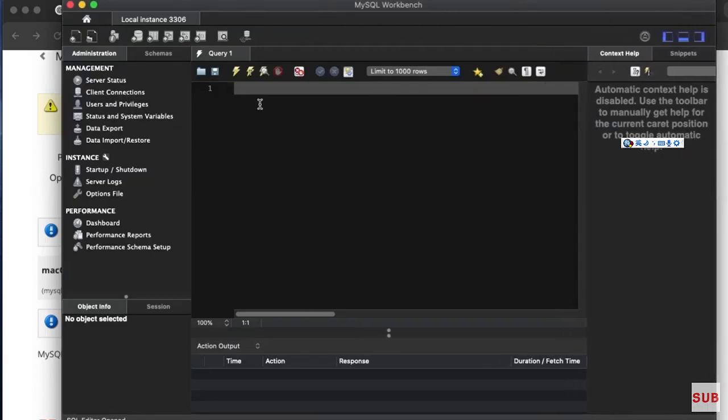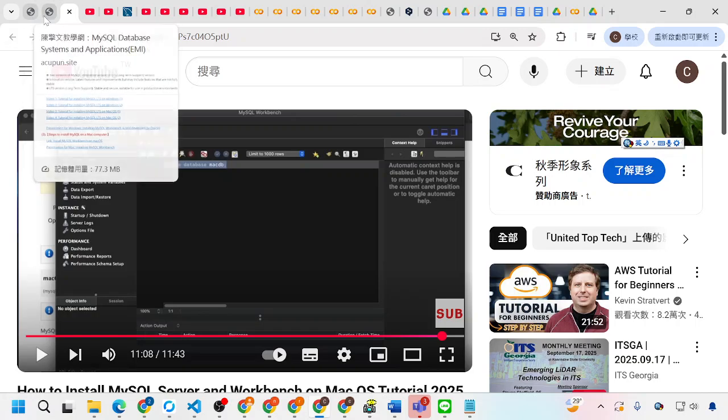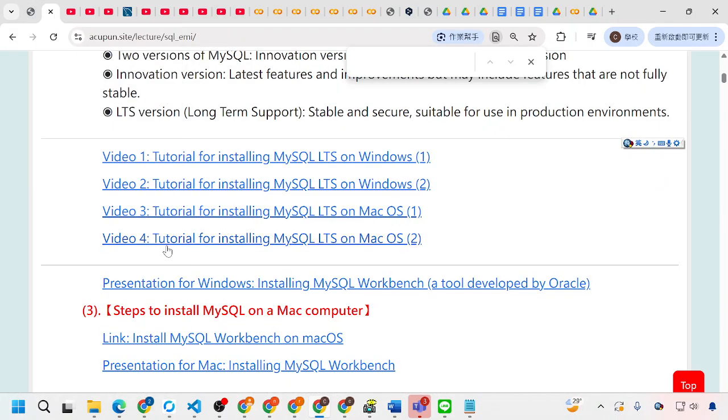Here we can basically write MySQL queries, and first let me just go with creating a database. So it's going to be create database, and let me just name the DB as MacDB. Okay, so to run this you can either select this, and then we will check the other video for video